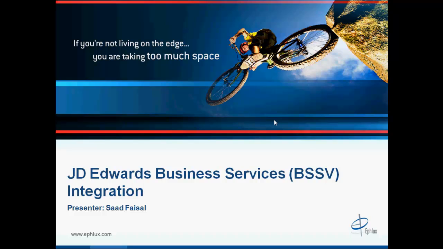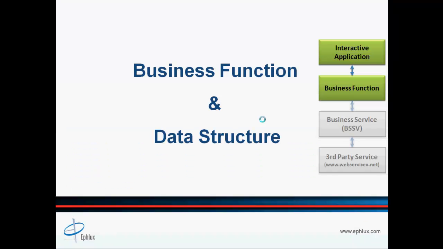In part 1, we covered the outline of our entire presentation along with hands-on steps to create our data structure for our business function. In this part, we will now take a close look at how to create our business function in C language and especially the XRCS API in JD Edwards that allows your business function to prepare and process XML packet for communication with the business service. So let's continue from where we left off in part 1 and continue our development for business function.